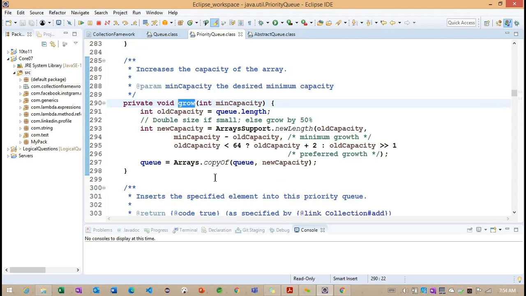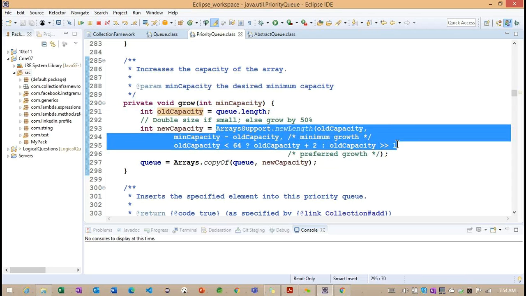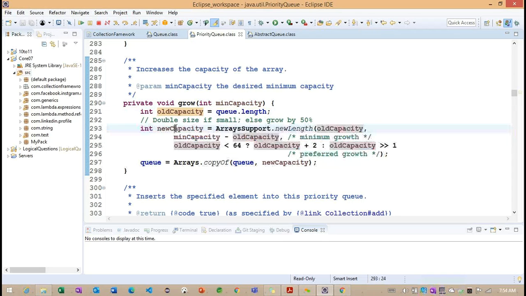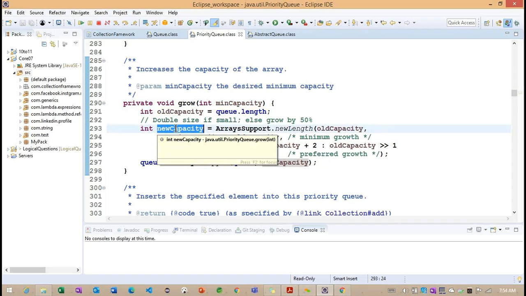It will increase the size, it will increase the capacity. Observe here, this is the old capacity, which we get from q.length. Based on this q.length, this is the operation they do to find out the new capacity.